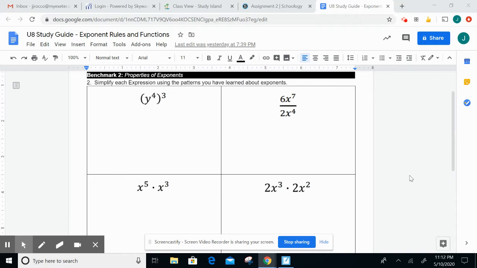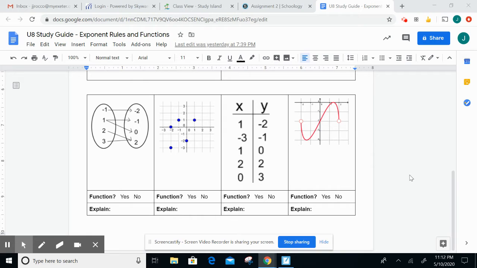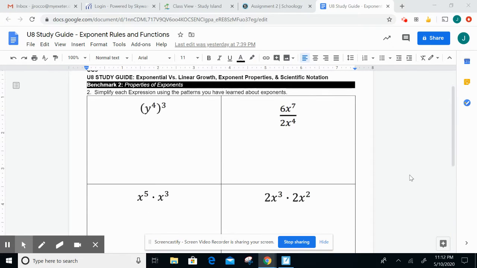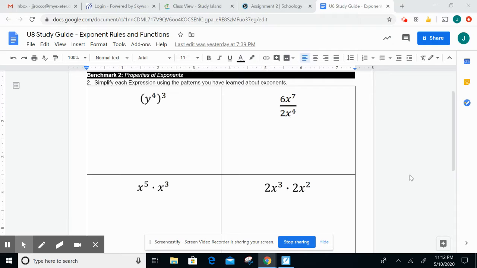Alright, ladies and gentlemen, so for this second one, this is the stuff that I'm seeing you guys having some struggles with. Now, I might not give you all the answers here, but I do want to definitely give you some help, obviously, to finish this up. But I have been a little disappointed. Both on the exponents, and especially the function stuff, I'm seeing a lot of people doing either very strange stuff, or trying some stuff that you know how to do, but you're not doing some of the things that I'm showing you in the video. And that's kind of showing me that some of you are not watching them. And it's really, really important,